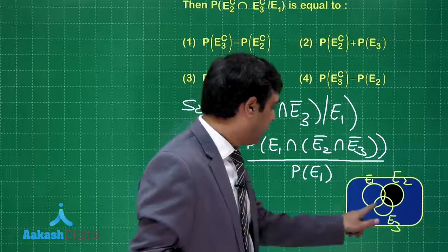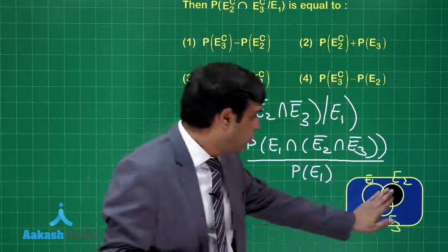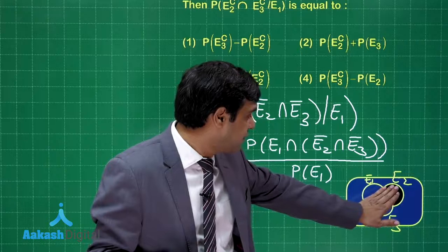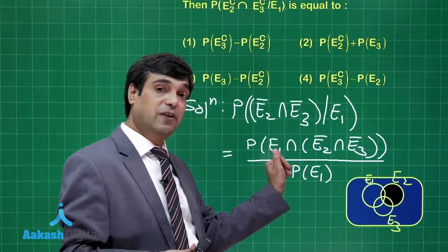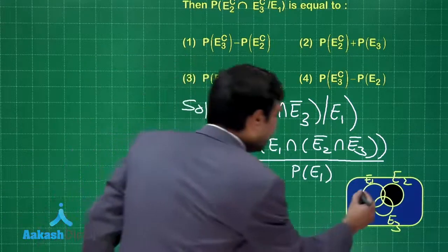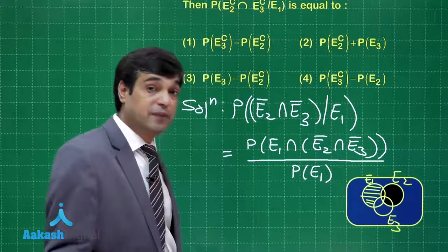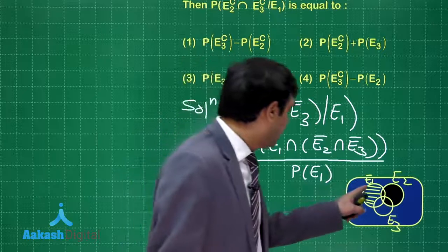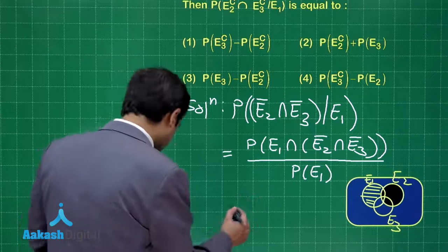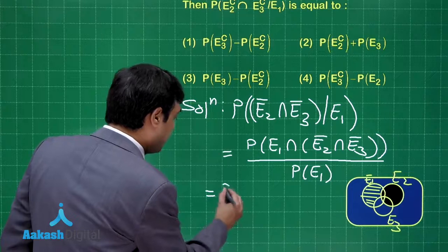E2 bar intersection E3 bar, meaning (E2 union E3) whole bar. E2 union E3 whole bar, meaning excluding this one. This is clear? Excluding this one. So when you take its intersection with E1, what are you going to get? Let's highlight the portion we are getting at this time. We are getting this portion. This is clear? So I'm saying the probability of this portion only. Correct? Now we can simplify it further as, let's write down,